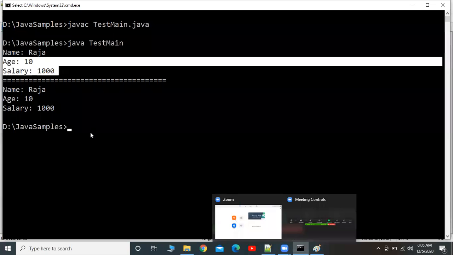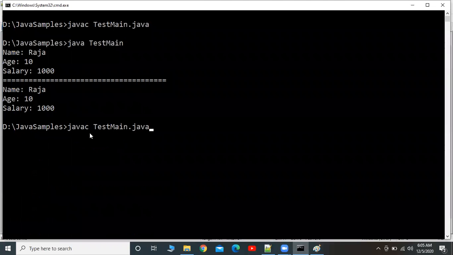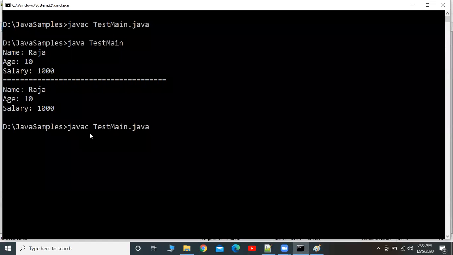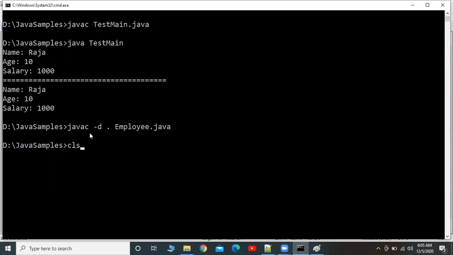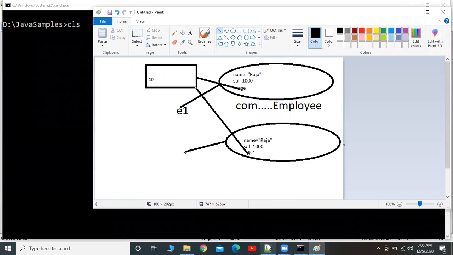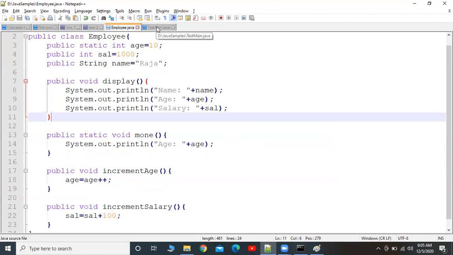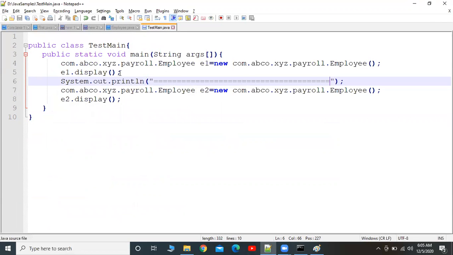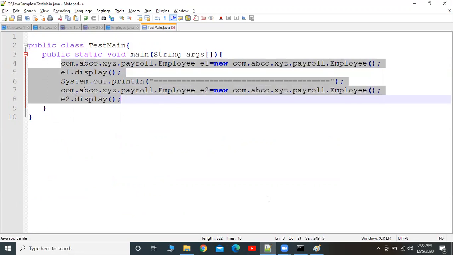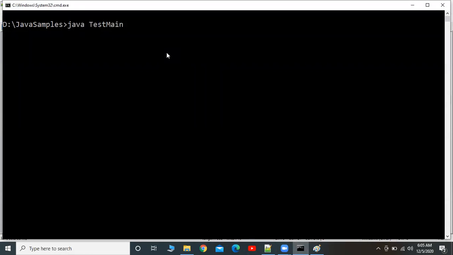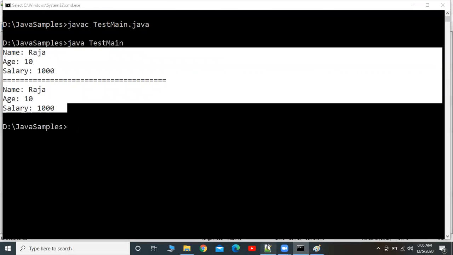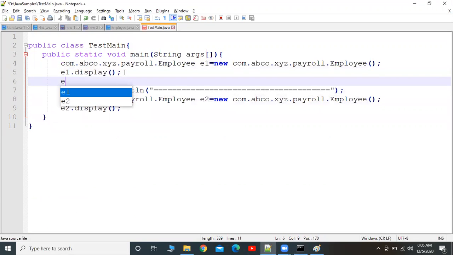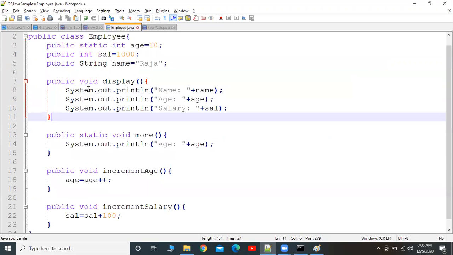I am going to run this first. I am going to compile the employee class first. Okay, that is done. Now see, there are two different objects we have created. Right now I am going to compile this test main. Now I am going to run this as usual. So we got two inputs. Now see here, I am going to call one method, e1 dot